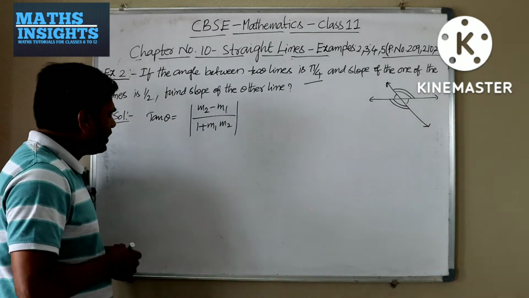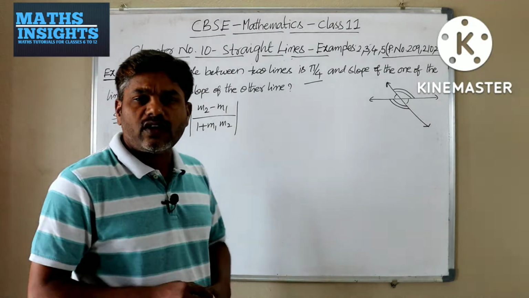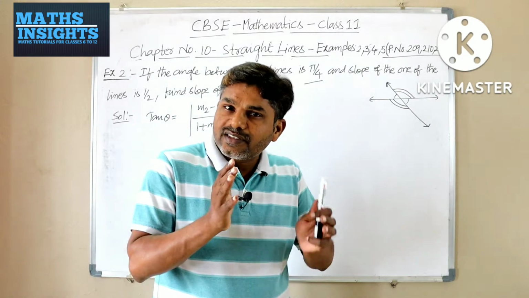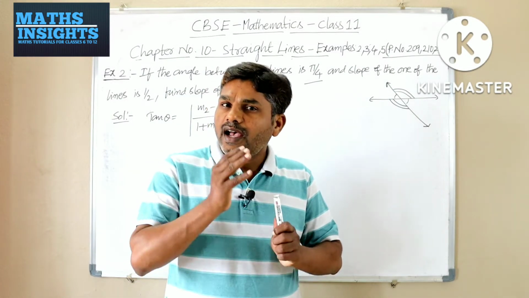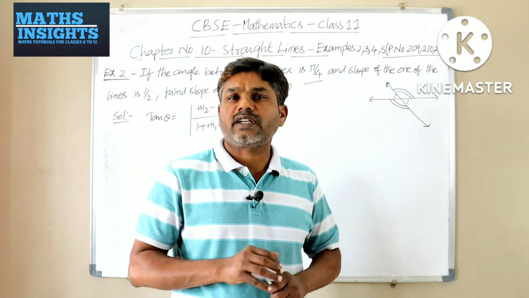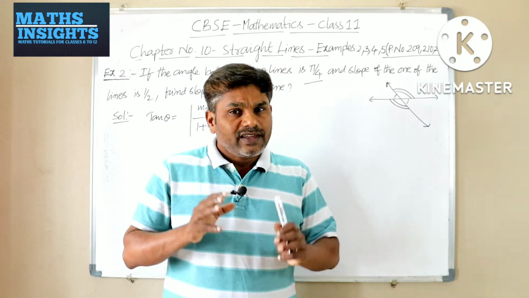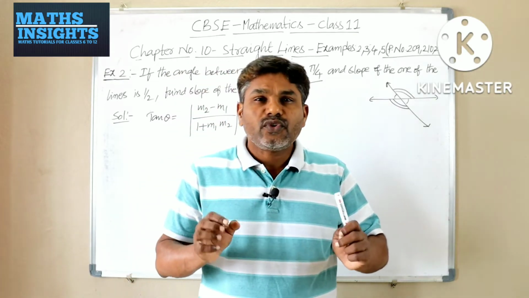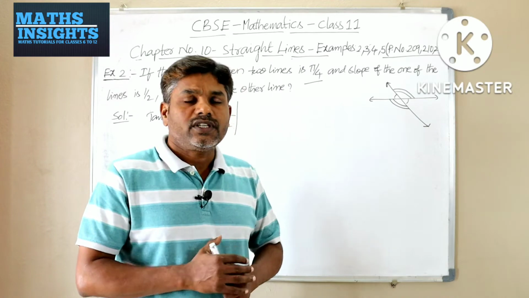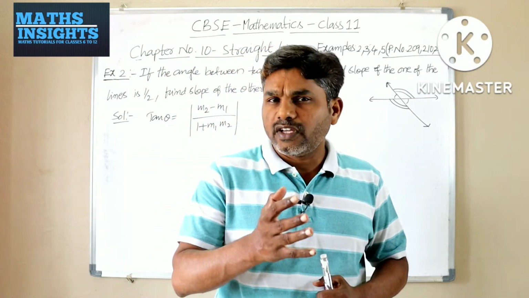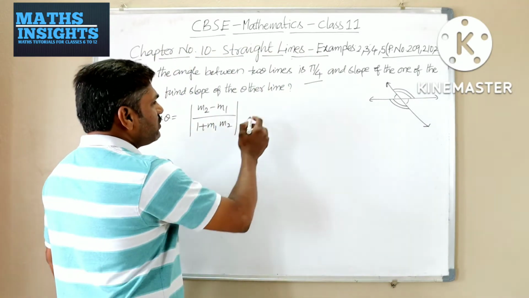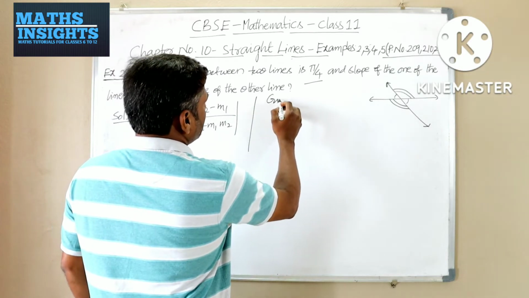This is the formula. In this formula, three variables are involved. One is theta, which is the angle between the lines, m1 is the slope of the first line, and m2 is the slope of the second line. In these three variables, if you know any two of them, you can easily find the third variable. What is the data given? You have to write: given that